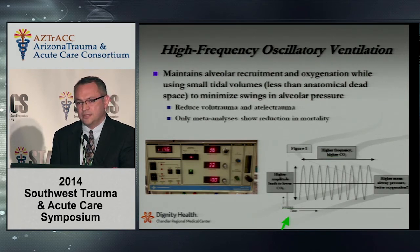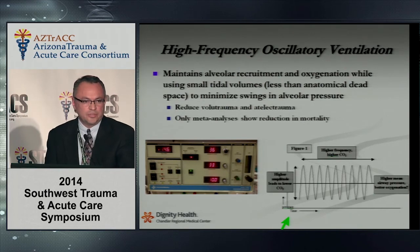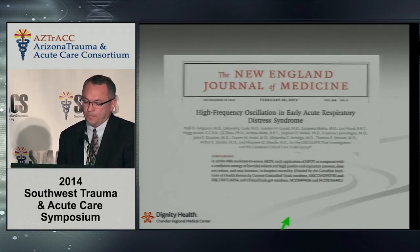Only meta-analyses prior to the last couple of years had shown any reduction in mortality, but isolated studies in and of themselves did not show a decrease in mortality. When you look at the OSCILLATE study and the OSCAR study that were just published within the last year or two,